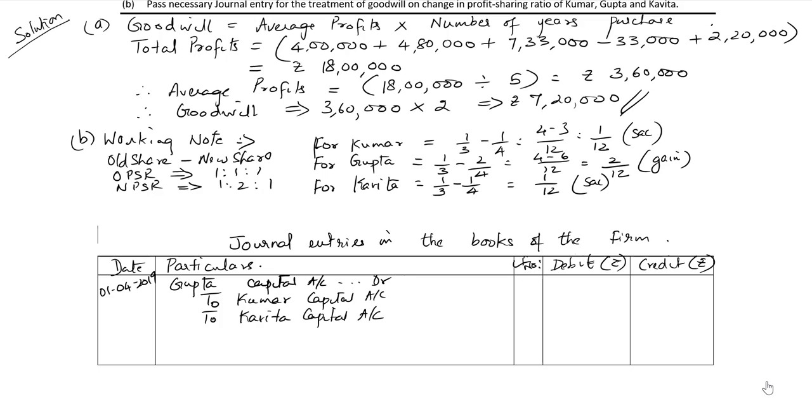So for Gupta, it's goodwill of the firm, which is 7,20,000 rupees into 2 divided by 12, which is 1,20,000 rupees. And for Kumar, 7,20,000 rupees into his sacrifice, which is 1 divided by 12, which is 60,000. And since Kavita also sacrifices 1 by 12, 60,000 against Kavita,